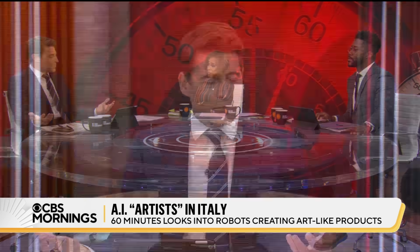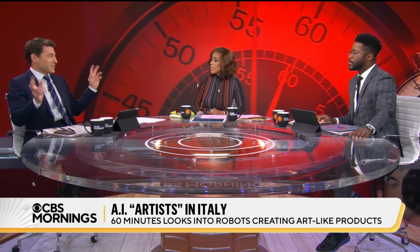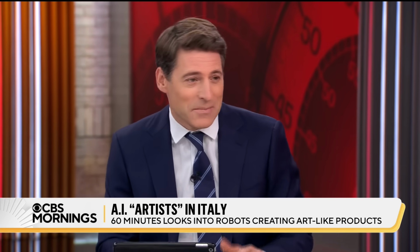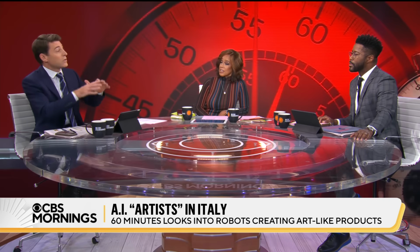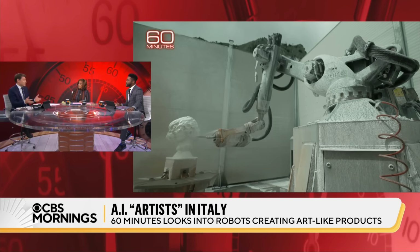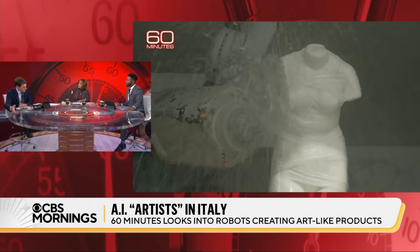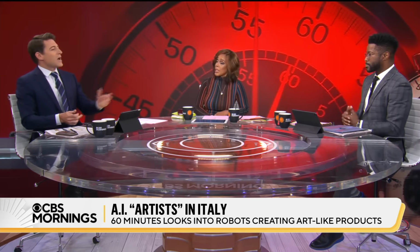Mass and mechanical produced stuff. It's not art. I mean, the idea, and also the idea that the software is somehow art, it could be creative and interesting, but like the original construction, Da Vinci's original statue, that's art. These are just copies. But he said somebody had to program it in to make it look...